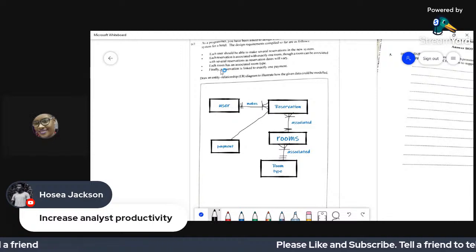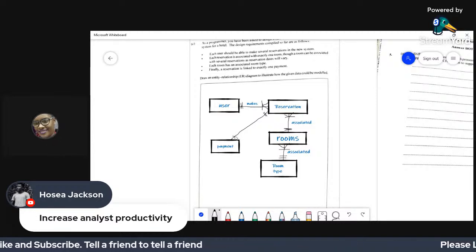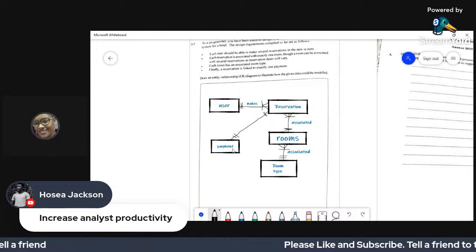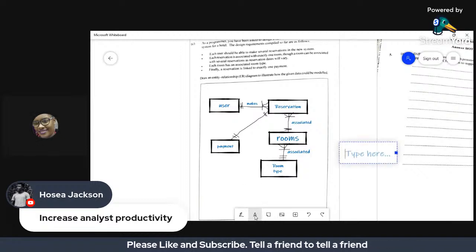One reservation is linked to exactly one payment, so we have a one-to-one relationship here, and we're labeling the line.